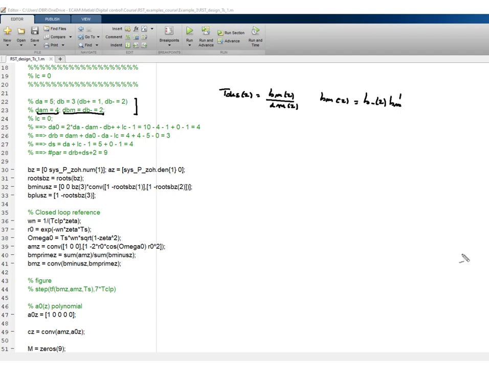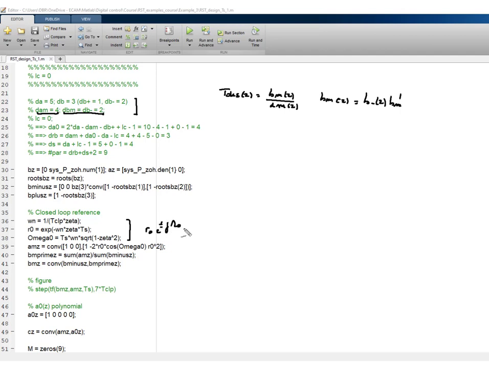So in order to have something different, what you could do is design an RST controller for a process that is slightly different. So for instance, in the denominator you have (s+1) to the power 3 or to the power 5. What is important is that, of course, you understand how to construct things. From the specifications, what you can do is construct the two main